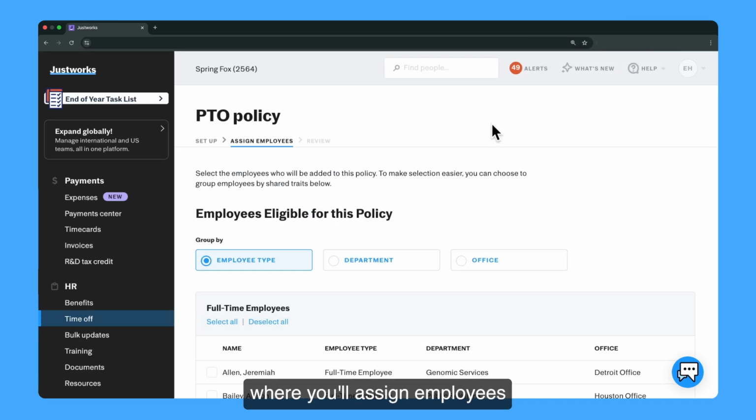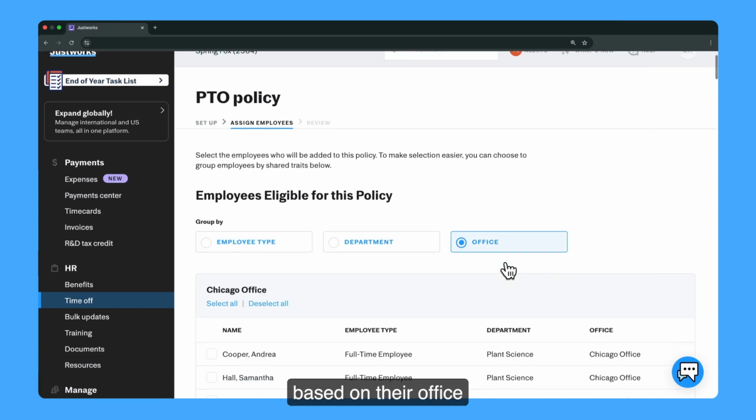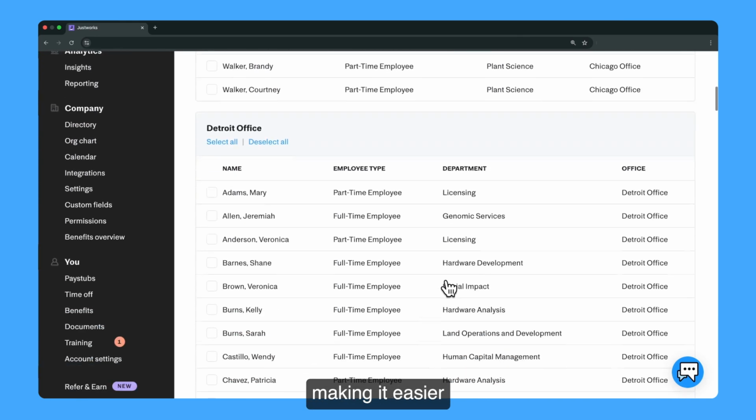Once you set up the policy, continue to the next page. Next, this is the section where you'll assign employees who can request time off under this policy. When choosing the employees to assign, you can group them by office, department, or employment type, making selection easy and seamless. For this example, let's say your employees are spread across multiple states and you've set up different policies to comply with each state's regulation. You're looking to assign this PTO policy to all employees in the California office. If we select Office, the system will automatically filter employees based on their office location, making it easier to assign them to the